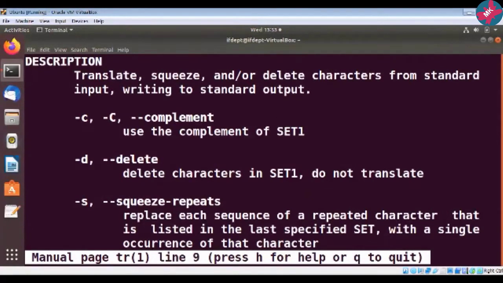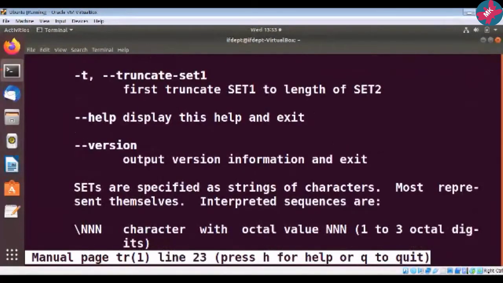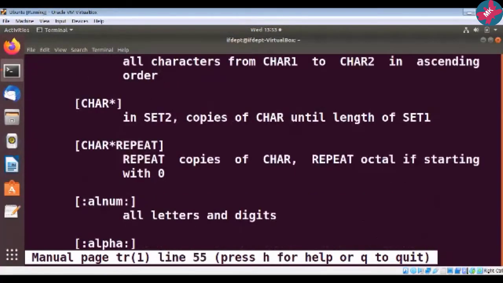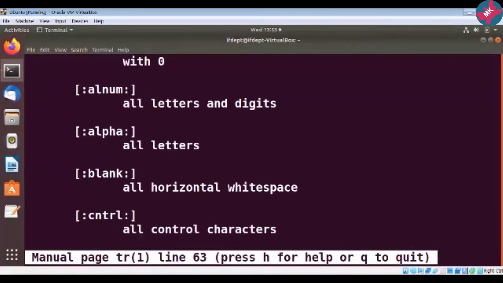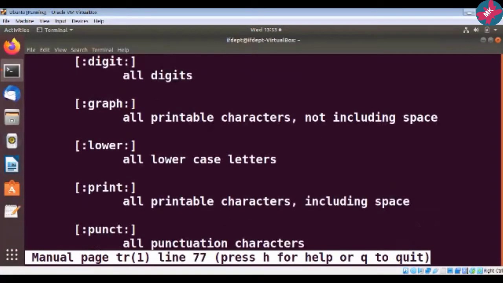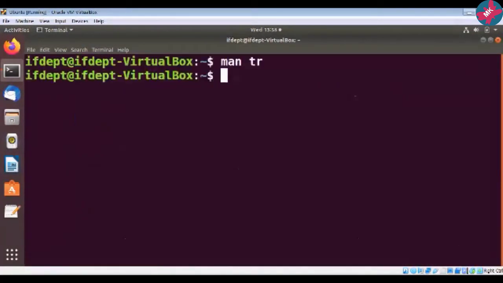I will show you how to use -d, -s. This translate command is basically used to perform some operations on the given text. Also, I will show you how to convert a given text into uppercase or lowercase. So let us go outside of this.